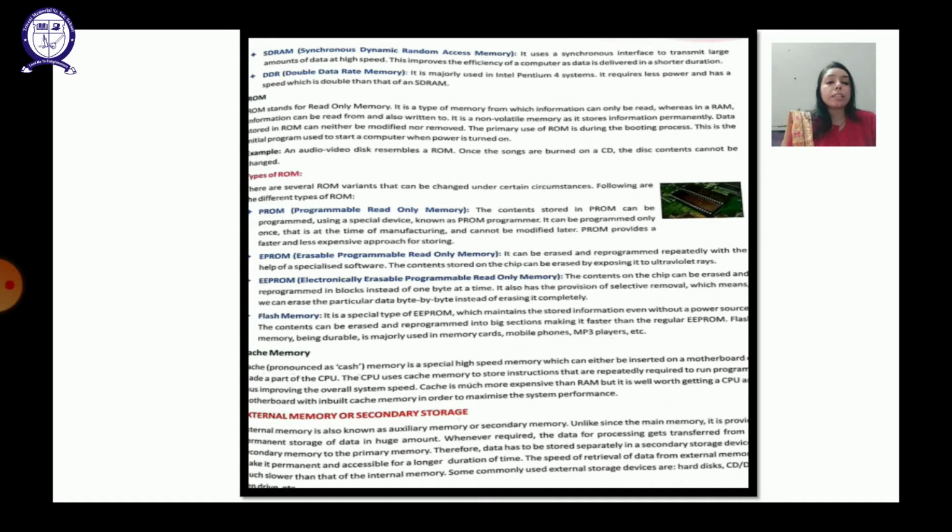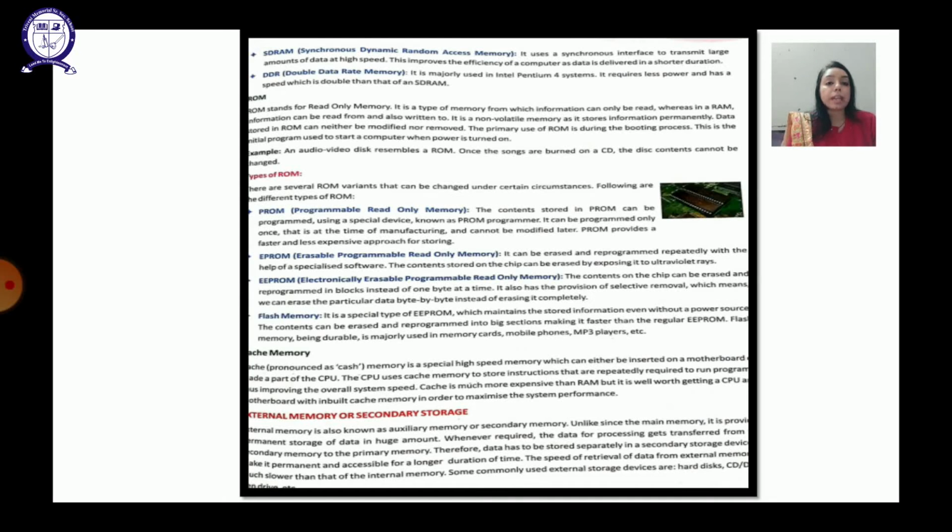Generally you must have seen that when you purchase a new computer and start it, a black color screen comes on which instructions are there. At that time the computer is getting started, it means it is getting booted up. So how is this being done? Because it has ROM in it. ROM has the instructions in it which cannot be changed. They are fed by the manufacturer and cannot be changed by the user. So as soon as you switch on your computer and the booting process starts, the computer gets started with the help of ROM, right?